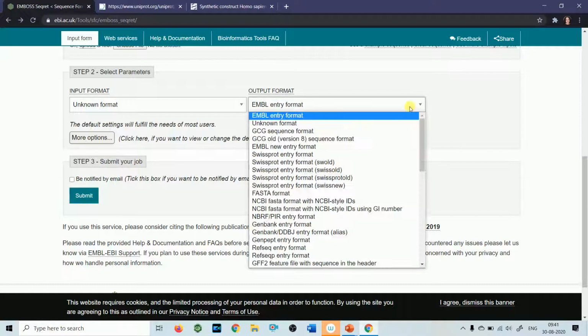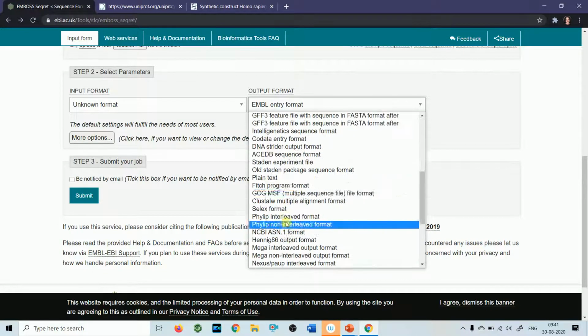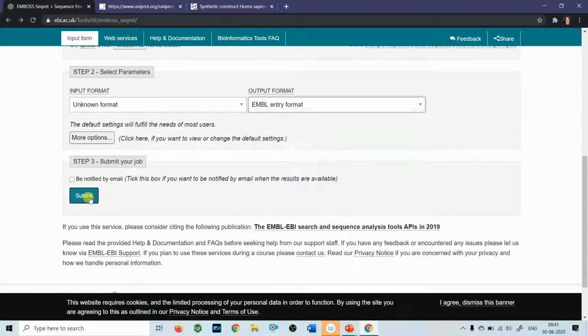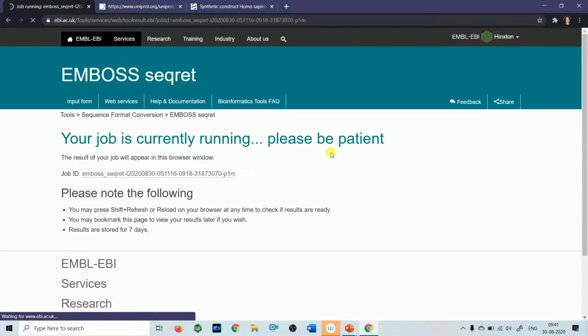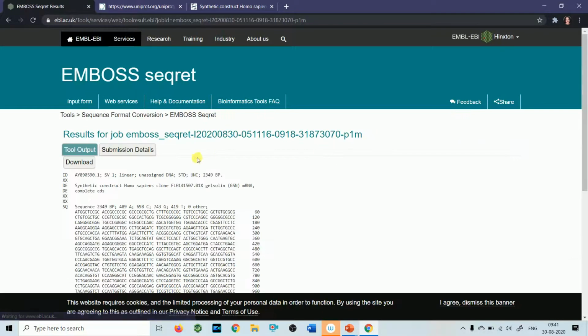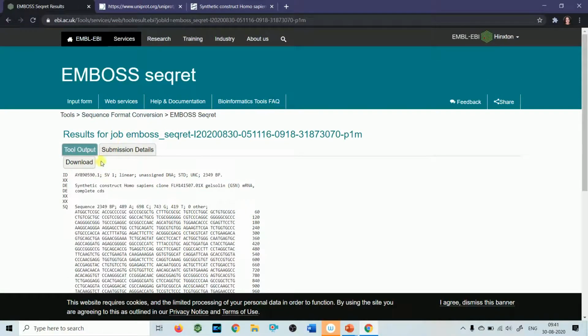Here you can select other formats also like SwissProt, FASTA format, NCBI, GenBank, ClustalW. All these formats are there. Then submit. So this time it has gone correctly, the EMBL format of your gene sequence.